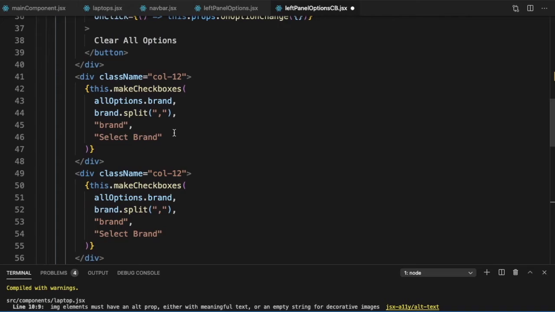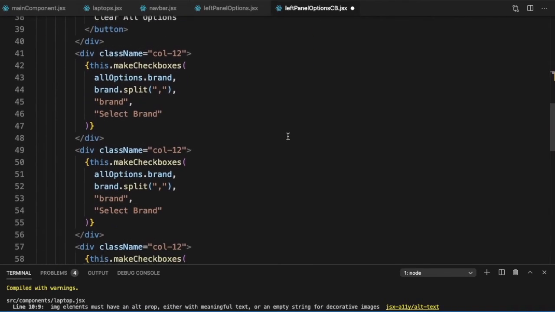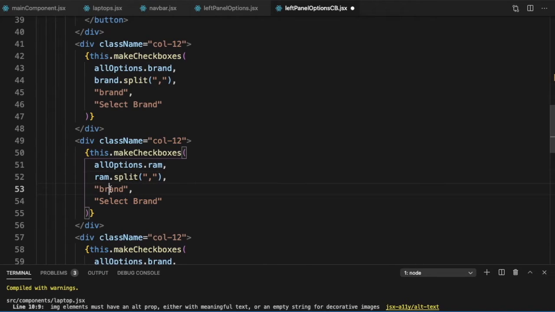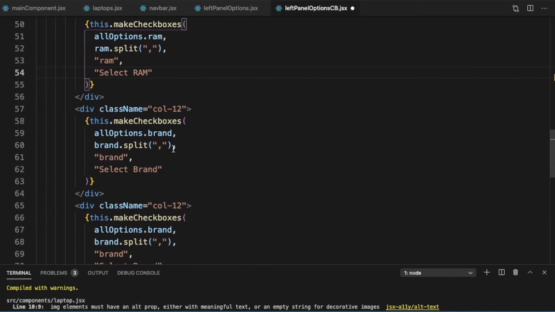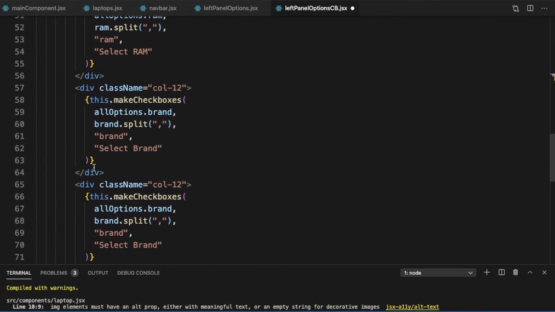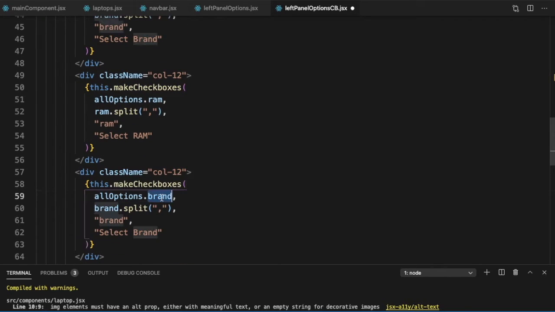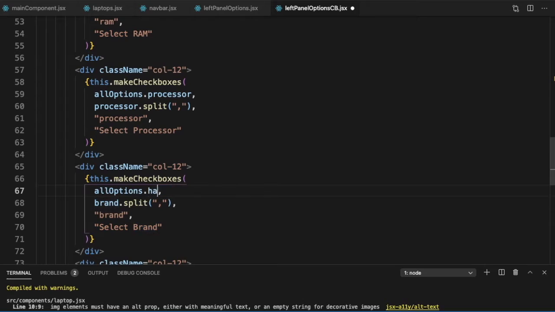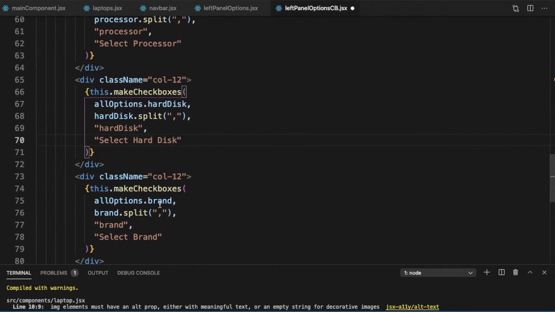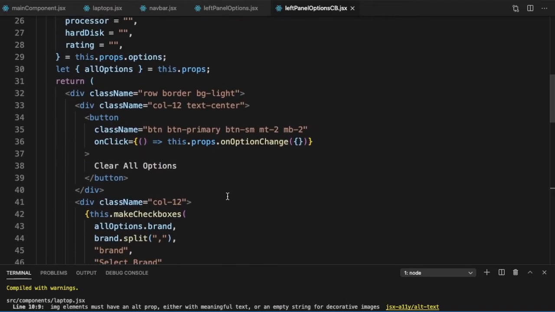So the next would be after brand is RAM, then is processor, then is hard disk, and then is rating. So this should create our render for them.